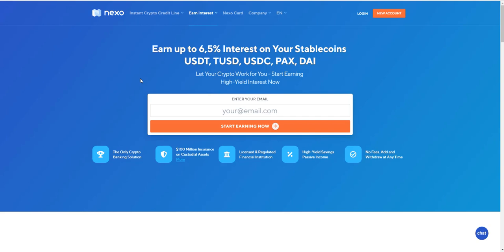Today we're going to be talking about the Nexo platform. Before I get into the yield that you can get from depositing your stablecoins or your euro,